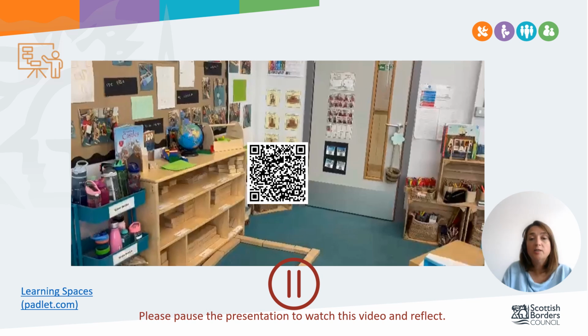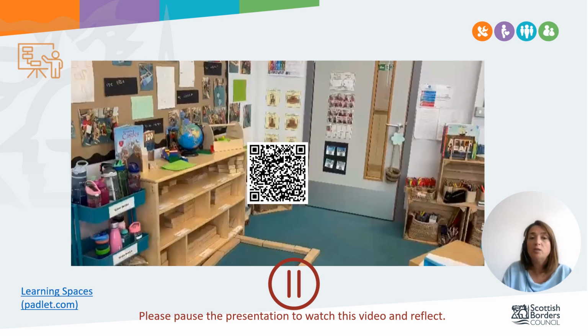It is important that we understand the purposes and possibilities of our learning spaces and know the skills, knowledge and understanding the children develop as they play in these spaces. On our SBC Play Padlet, we have shared continuous provision plans to help make the link between the play spaces and the curriculum, which could be a good starting point if this is an area of practice you wish to develop your own professional knowledge and understanding of.